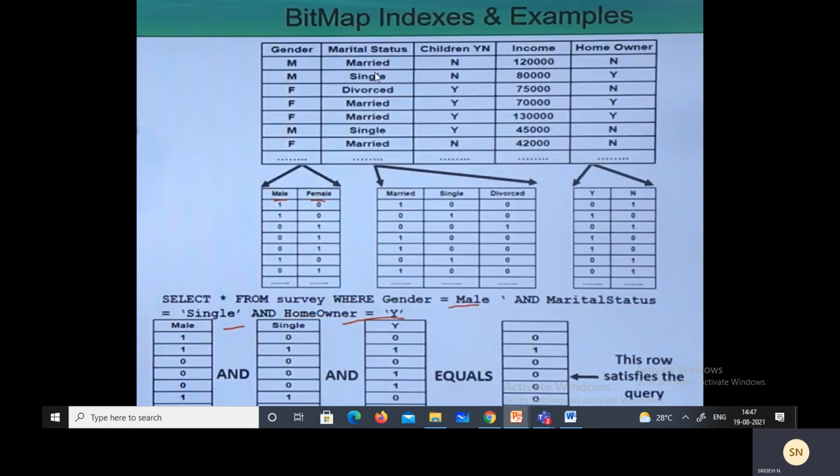For marital status, we have married, single, and divorced. Homeowner is one more thing we have to check, and here again we have 2 statuses, Y and N. Performing the operation, it should be male, marital status single, and homeowner Y. If we check this, the only record satisfying it is the second record.